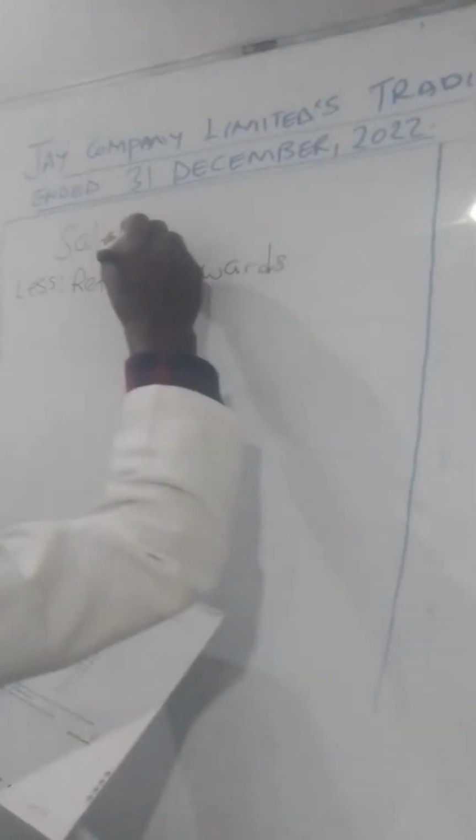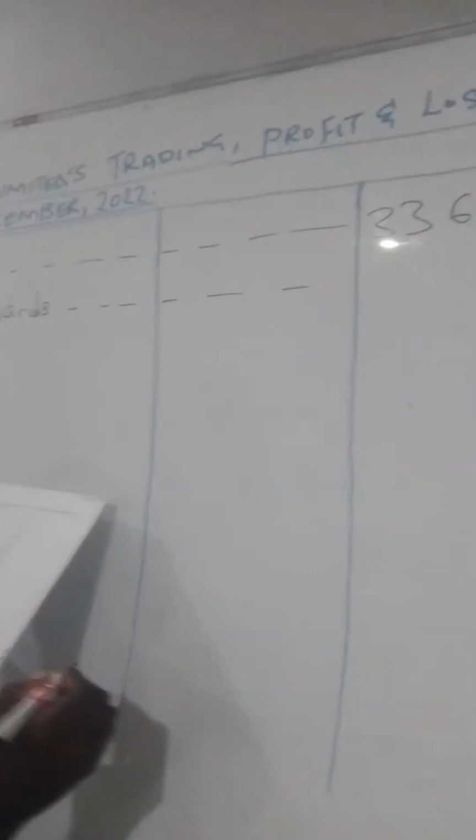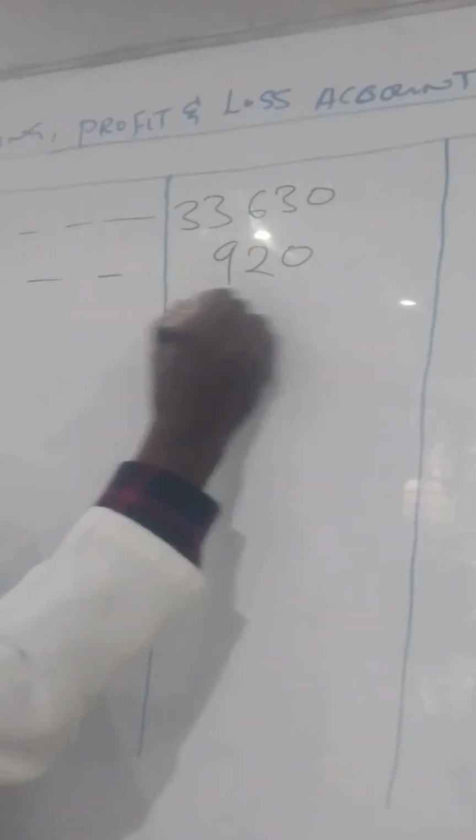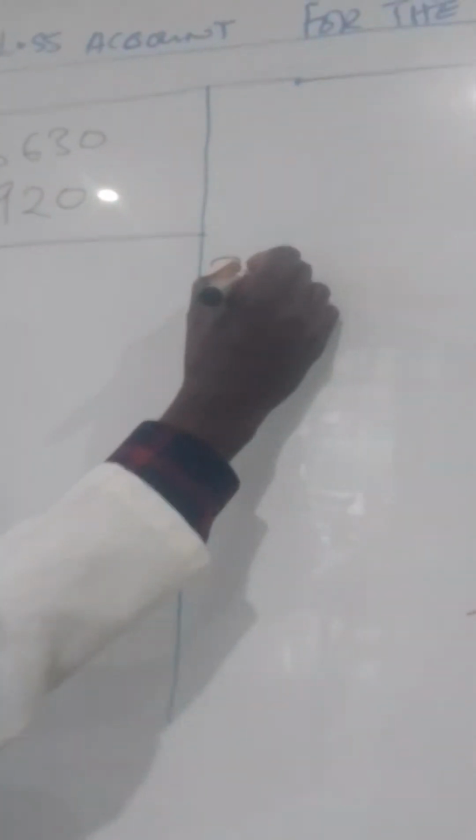So our sales is 9,360 and returns inward is 920. So it's going to give us 8,210. And that's what we call